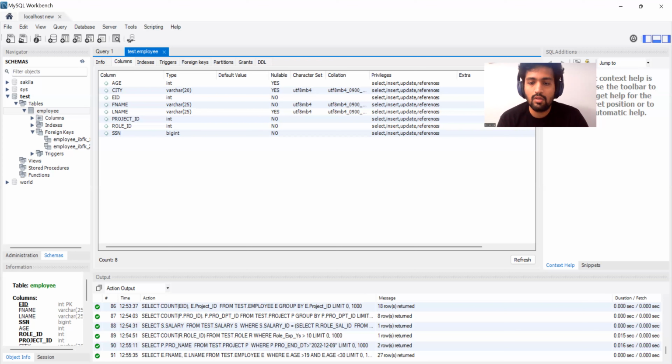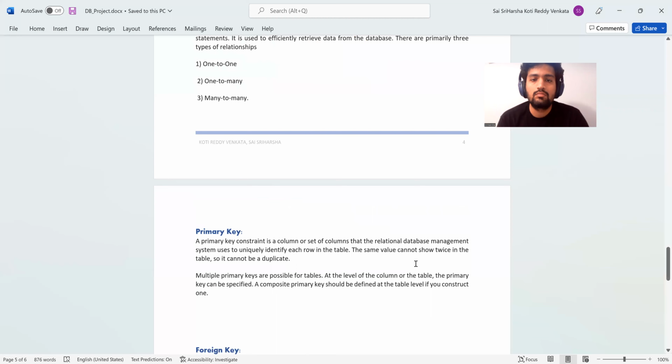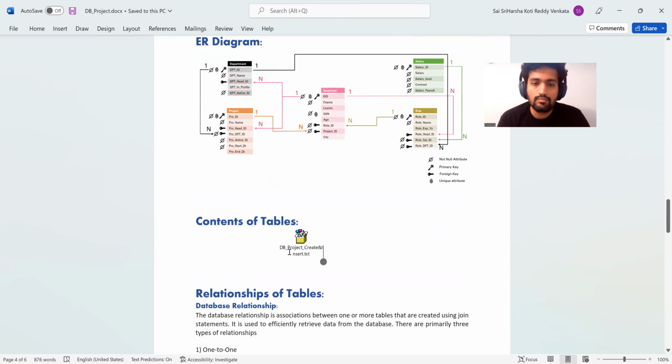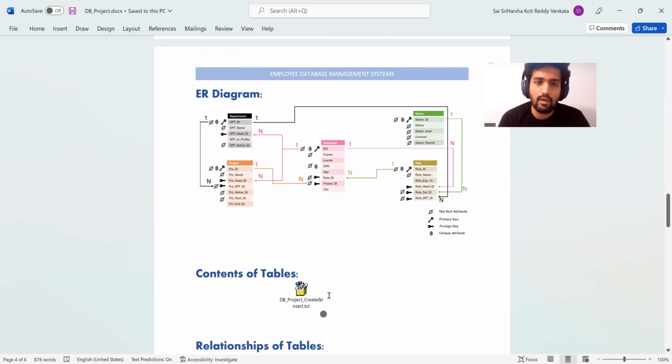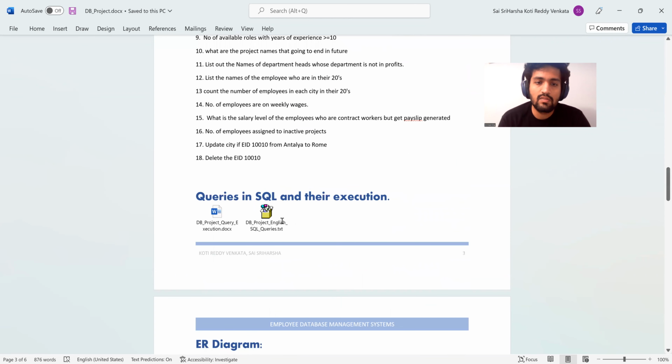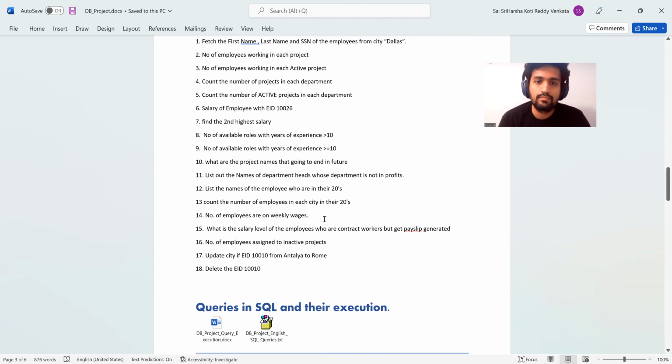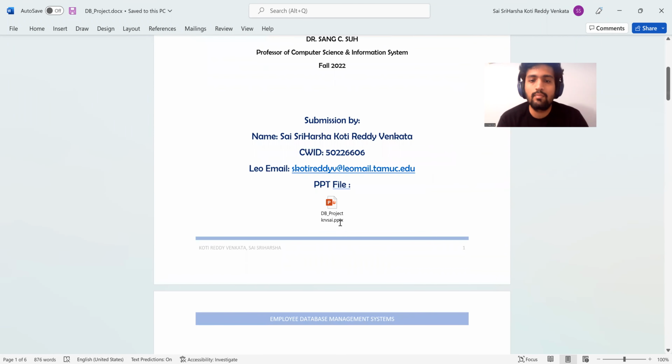And finally, in the Word document, I have inserted some text files. This is the text file related to the queries that I have created, and this is the text file related to the English queries, and this is the Word document related to the outputs of the queries. And I have also inserted a PPT file along with it. This is a PPT file,